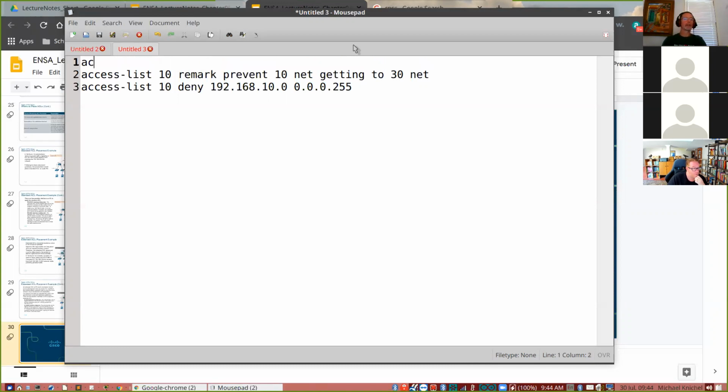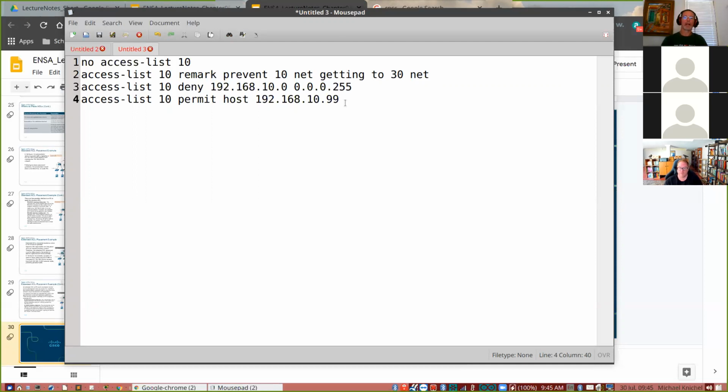So if I put the access list into the router and realize something has to come before, let's say I want to permit the host 99, the IT guy, to get to the 30 net.